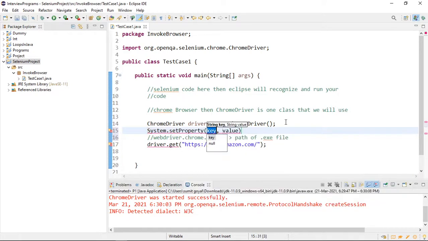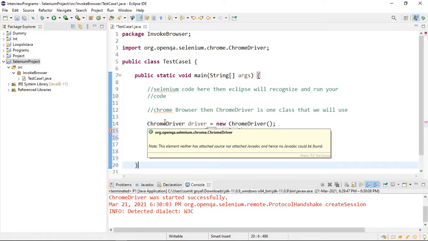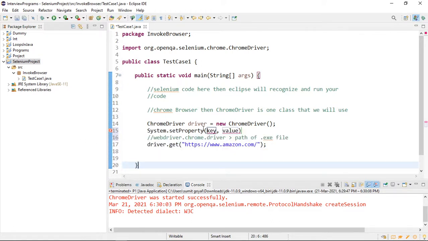Right. So what we have to do? We have to set this property. This property is defined inside the Chrome driver class. This is our Chrome driver class. In double quotes, write webdriver.chrome.driver, and in the value you have to provide the path. So what is the path of the .exe file?